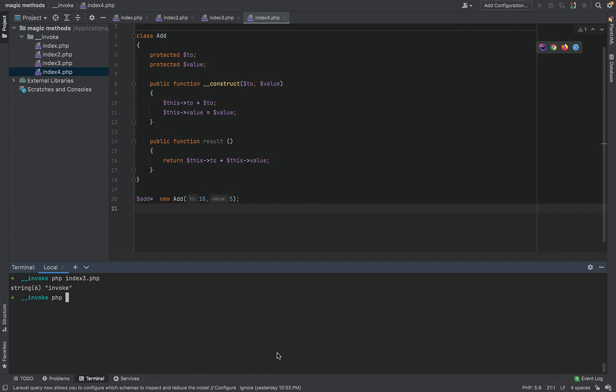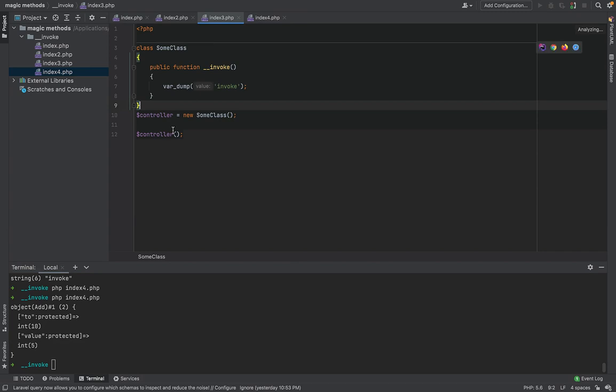And so first of all, if I run this, I get nothing because it's not being echoed out. So first I have to write down the add. If I write down the add, I get just the 2 attributes, the properties I declared.